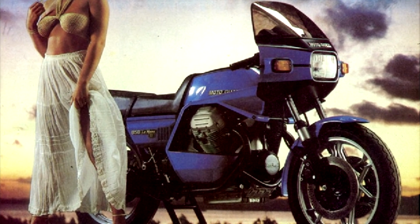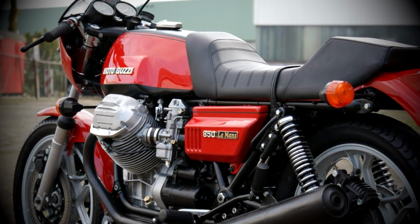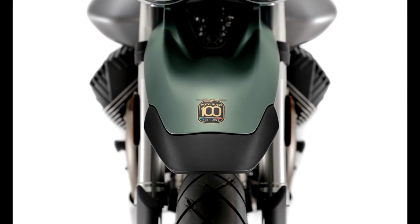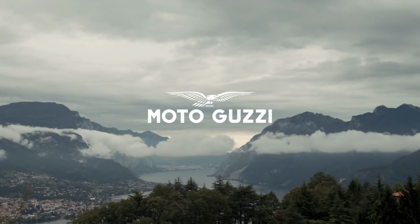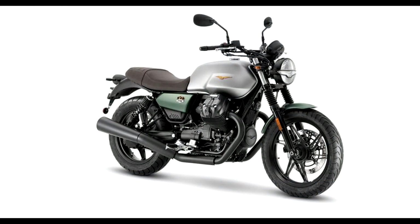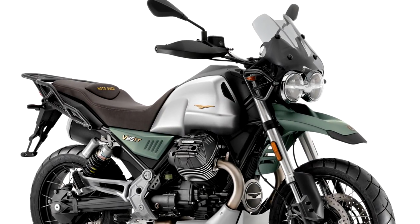I was 11. I'll never forget it. It was the Le Mans 850 by Moto Guzzi. What have Moto Guzzi done in this, their centenary year, to celebrate 100 years of continuous motorcycle production as Europe's oldest motorcycle manufacturer? Well, they've released both the V7 and the V85 TT with a centenary paint scheme,